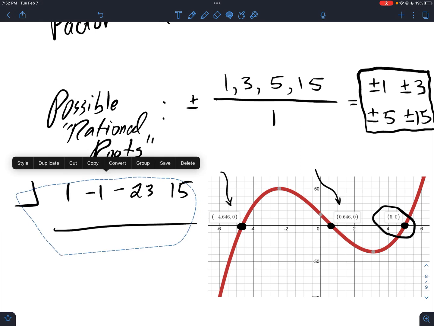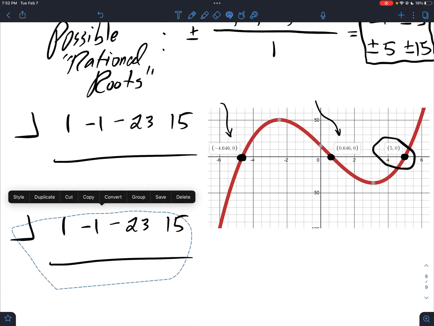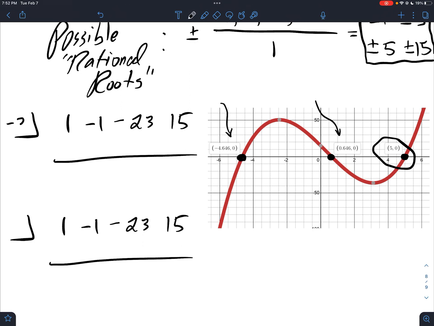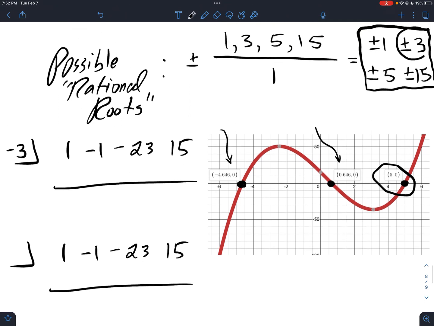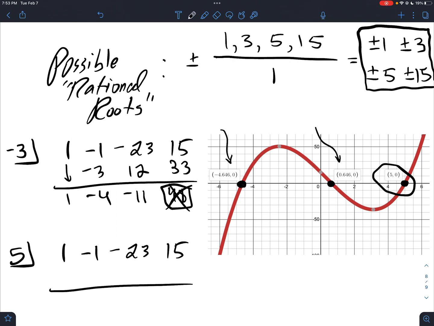So for example, if I were just going at this, ignoring our little hint in our picture, I'm going to say, let me try -3. That's right here. It's one of our 8 choices. So I could bring this down, add down, multiply, add down, -11. Feels a little awkward, right? And then multiply by -3, 33. Oh man, this isn't looking good. Nope. But if I try 5,